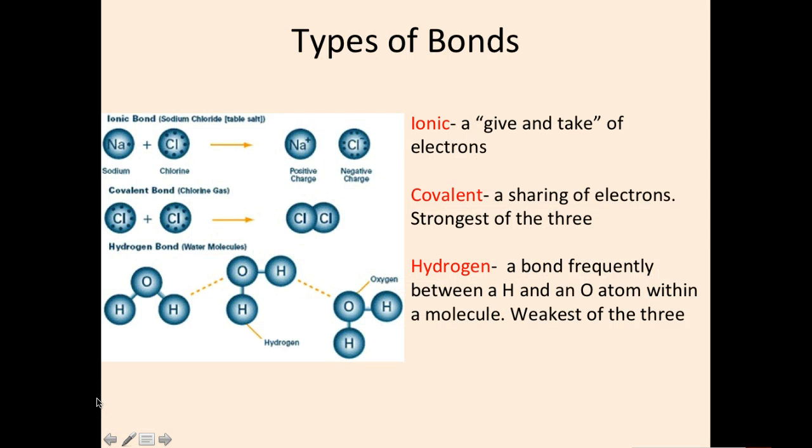So when there are electrons available in the outside orbital of an atom, there are different types of bonds that can form. There's an ionic bond, which involves a give and take of electrons, a covalent bond, which involves the sharing of electrons and is the strongest of the three common types of bonds in the biological sciences, and also a hydrogen bond, which is commonly found between water molecules, where the